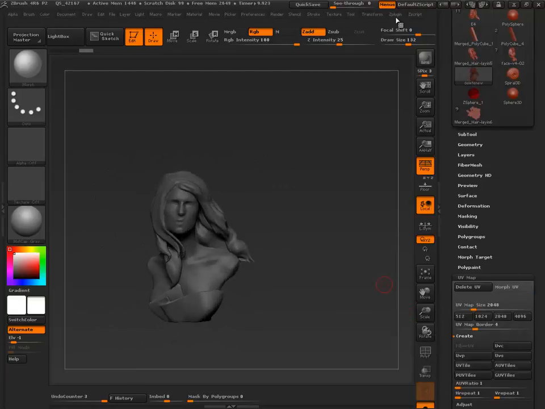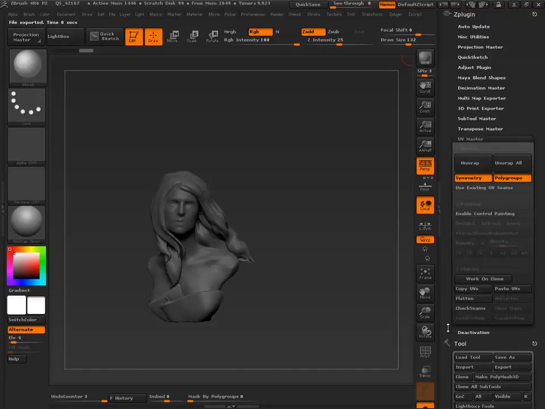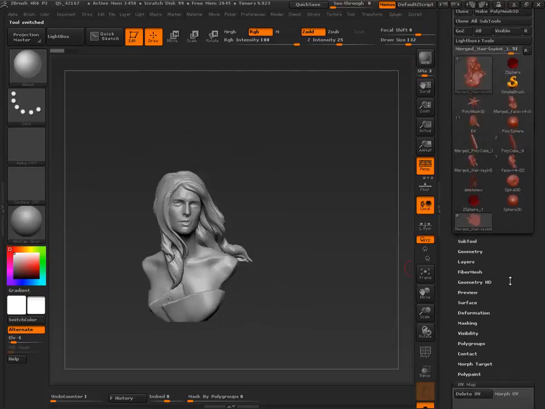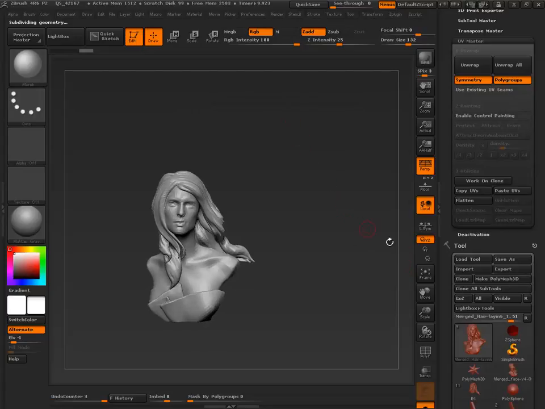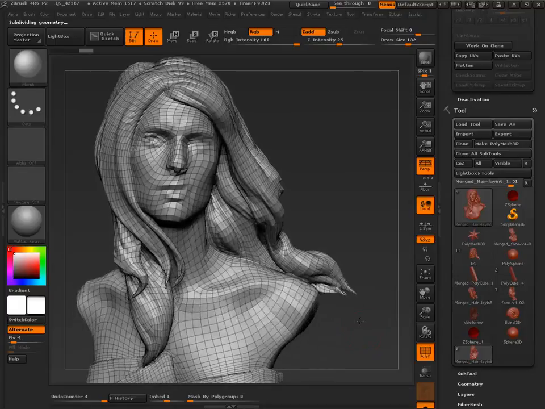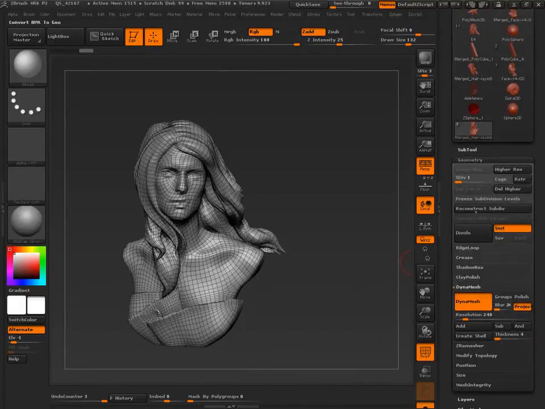Okay. I'm going to come up here to UV master, and let's see. I'm going to copy those UVs. I'm going to go back into this one, and then I'm going to paste those UVs. Wow. Did we change the topology somewhere? Maybe my resolution level's not the same?